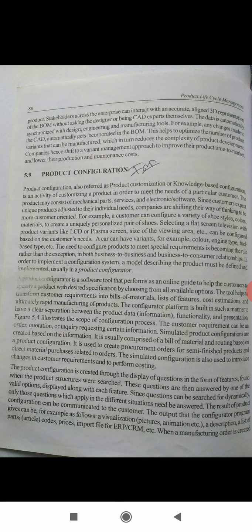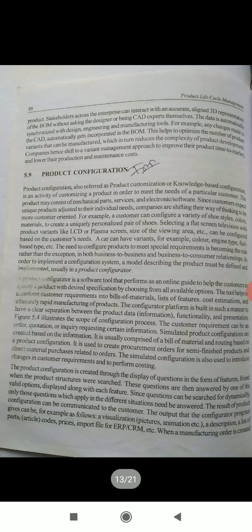Figure 5.4 illustrates the scope of the configuration process. The customer requirements can be an order, quotation or inquiry requesting certain information. Simulated product configurations are created based on the information. It is usually comprised of a bill of material and routing based on a product configuration.